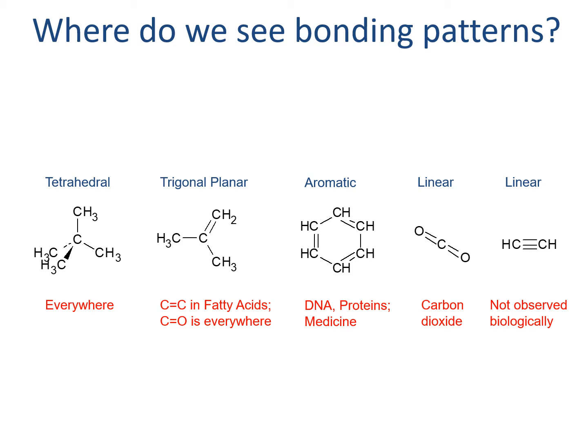Alkenes are pretty important biologically. They show up in unsaturated fatty acids. They're also in cyclic molecules with alternating double bonds called aromatics, which show up all over the place. Again, we don't see alkynes biologically, so we're going to talk about recognizing and naming them, but we won't focus